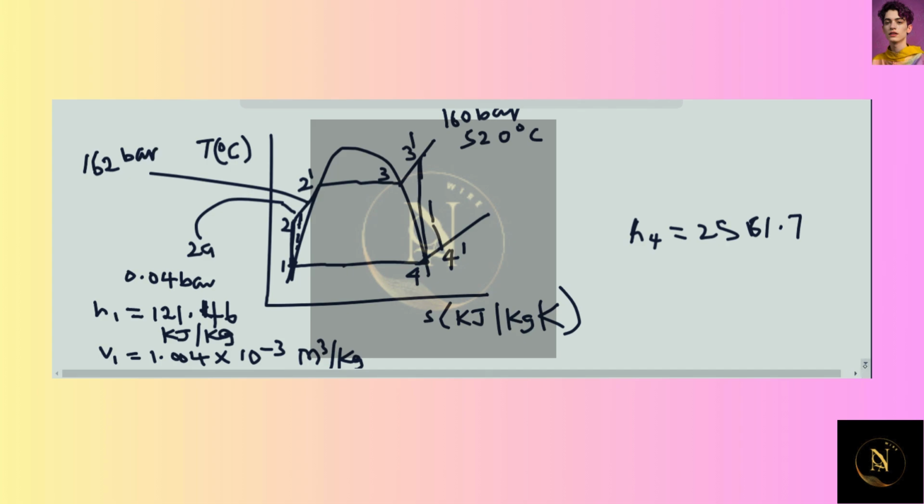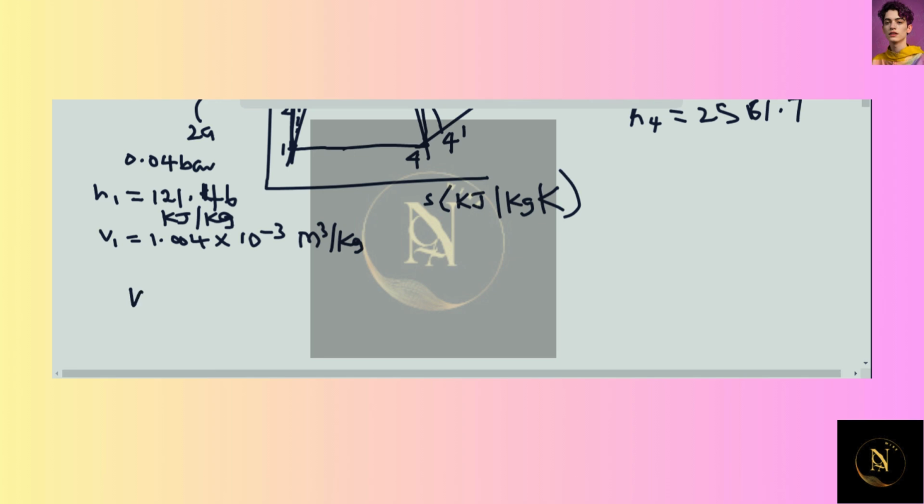If we apply all this information to get the pump work, we need the specific volume at point 1, pressure at point 2, which is 162 bar, minus the pressure at point 1, 0.04 bar. If we plug that in, we are going to have